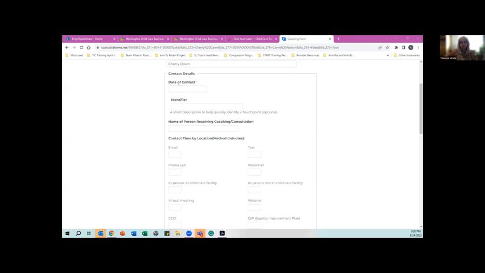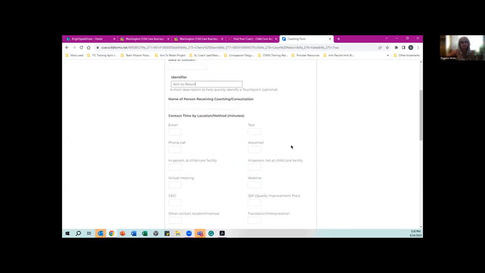The other thing too is when you go into impact, if you are using any information from Aim to Retain, when you go to impact to document your connections with your providers, please type in there Aim to Retain as one of the topics that you had addressed, because that's another way of us collecting data as well. And you know how we all love our data, so we just want to make sure that we have that and can move forward. Thank you. There you can see if we're meeting the needs of the coaches.